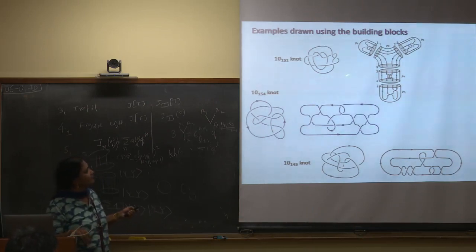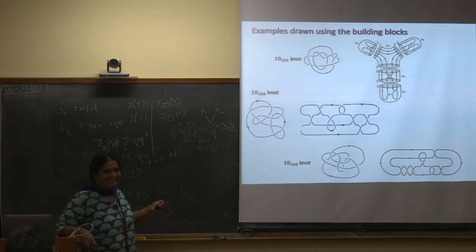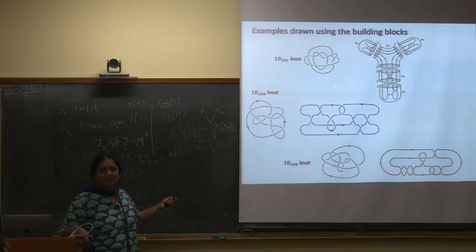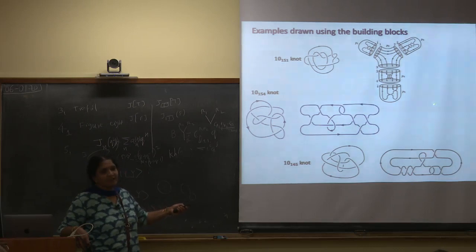Okay, I have just shown you some kind of, you can call it rangoli or whatever, but it's just that any knot which you give to me, you can try and redraw in a way using those building blocks, because I know how to compute here. If I want to do the computation for this state, I know the state to start with, then I know the braiding is in the middle strand, then I have to go to the side strand. I know systematically how to write the state for P5.